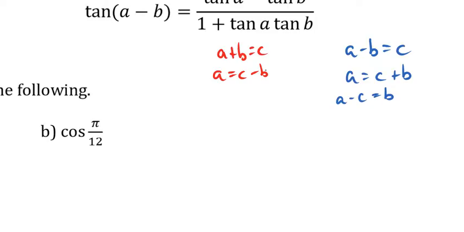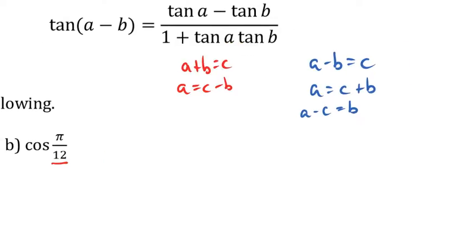So C is that guy. If you don't see it right away, you might get used to some of these. You might see it fairly quickly, but if you don't, you take C and start subtracting the special angles we know, or start adding the special angles until you get another special angle. Does that make sense? Our special angles would be things like pi by 3, pi by 4, pi by 6,